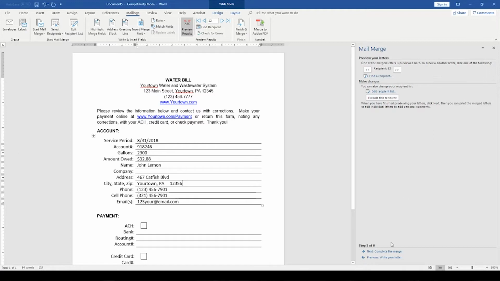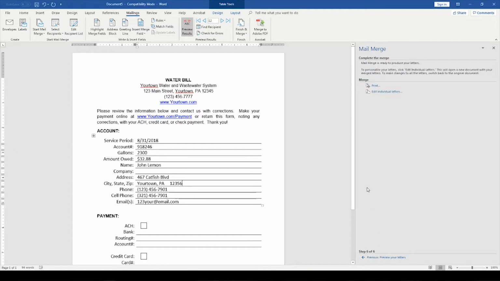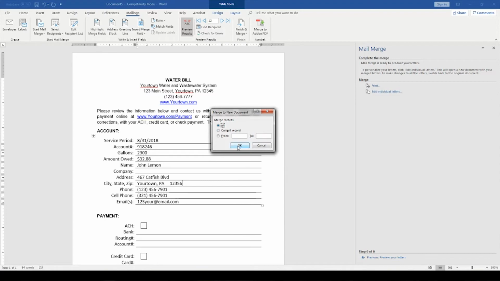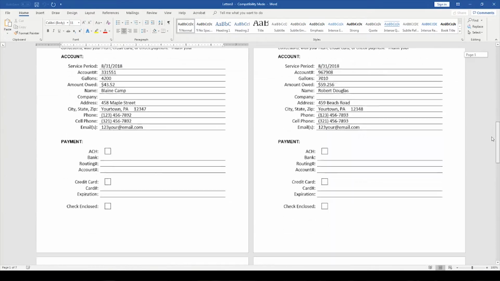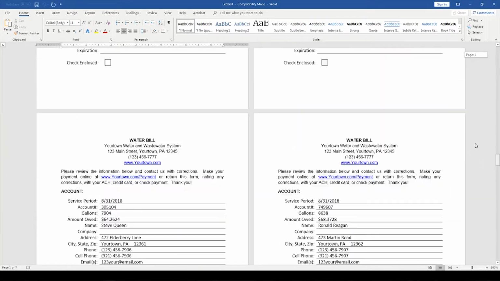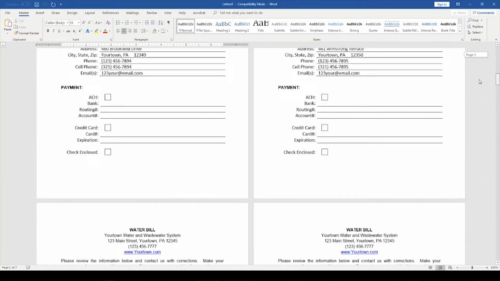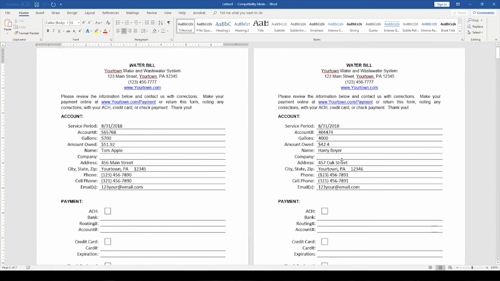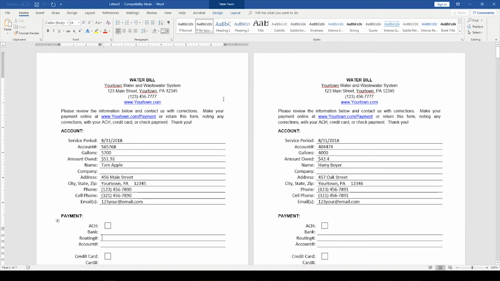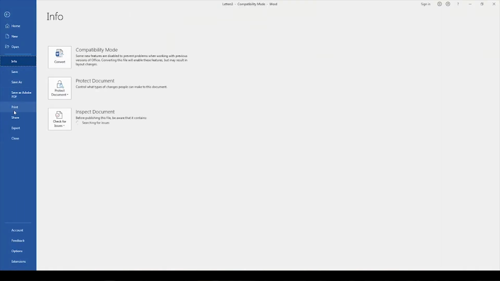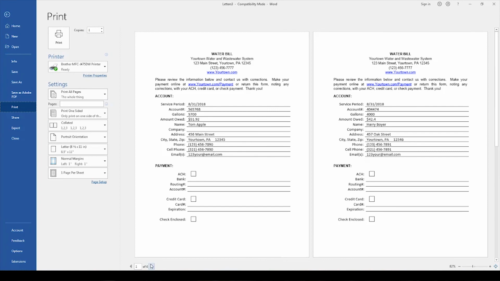Okay, so let's complete this mail merge. We'll click Next. From here we can actually print every document, but let's take a look at them all. So we can click Edit Individual Letters, and what that's going to do is throw them all into a new Word document. And here are all the letters that we have. There's definitely a lot of them, but if you wanted, you can go through and individually edit some things. And then when you're ready, just print them out. And we can cycle through